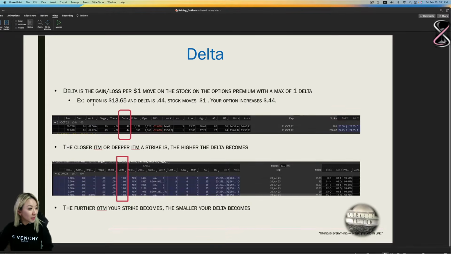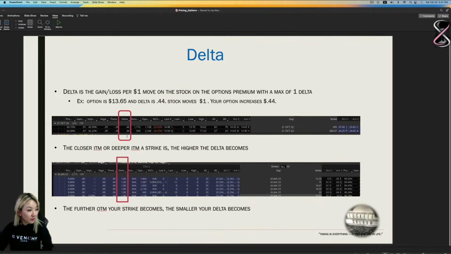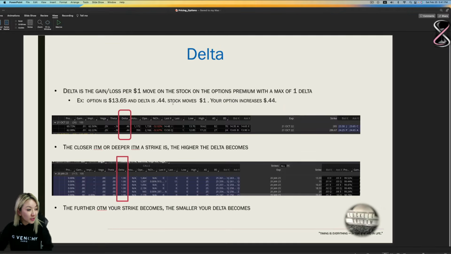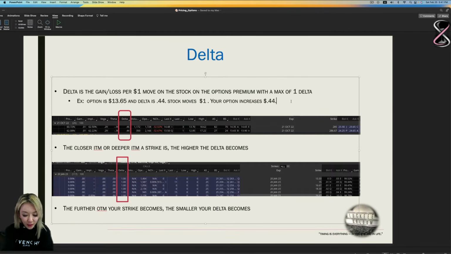So that means, okay, this option is $13.65. And if the delta is 44 cents, 0.44, and your stock moves $1 up, then your option increases here by 44 cents. So that means $13.65 plus 44, right, equals,